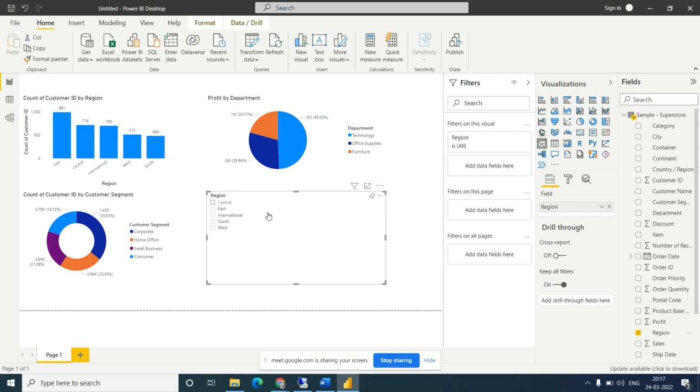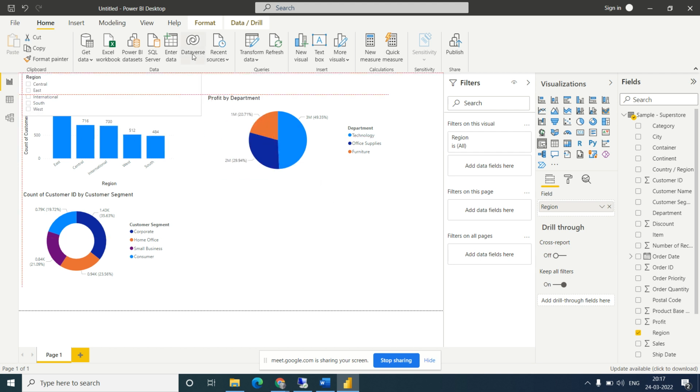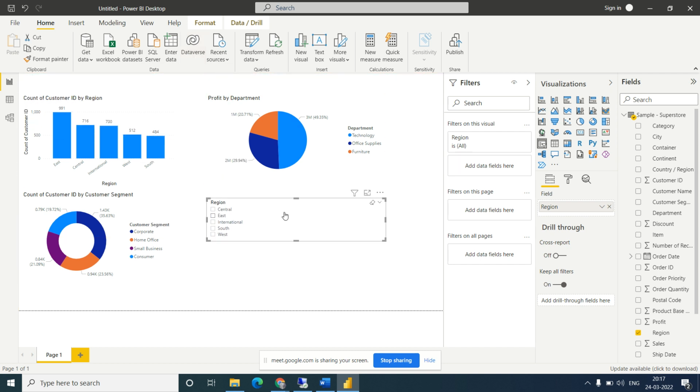I want to change this, it is taking too much space. Okay, and if I try to adjust here, it will not adjust. So what I want to do is reduce it. Okay, so I will change its type to drop down. How to convert into drop down?